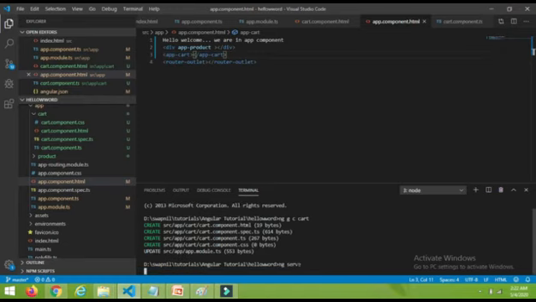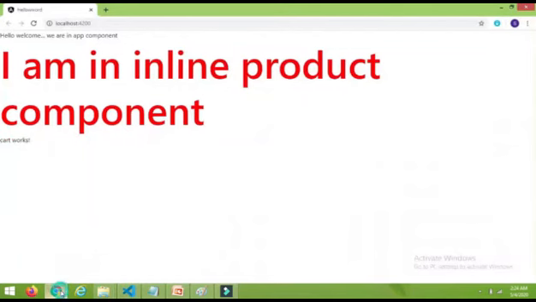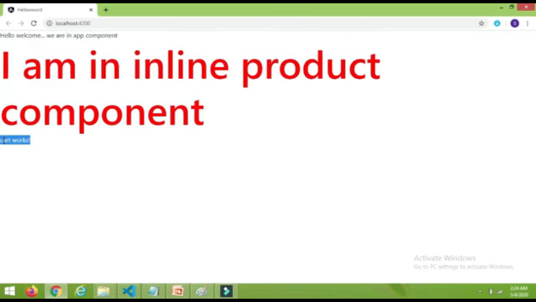ng serve, and let's check on the UI as well. The server is started, and now let's check the UI. Wow. Here you can find the output of our product component, and below this product component we got the HTML of the cart component. That means we have successfully created the cart component and also injected it into our app component. That's it about how to create an Angular component using Angular CLI. In the next video I will show you how to install Bootstrap and how to use it in our project.